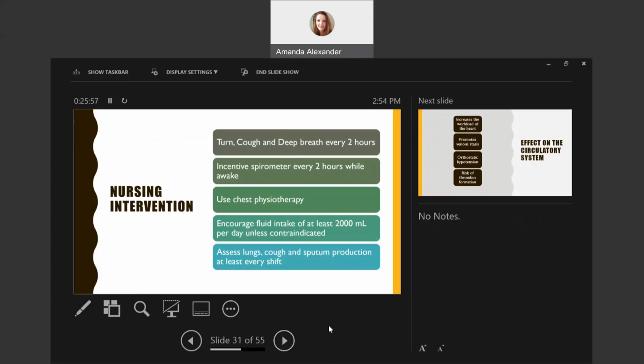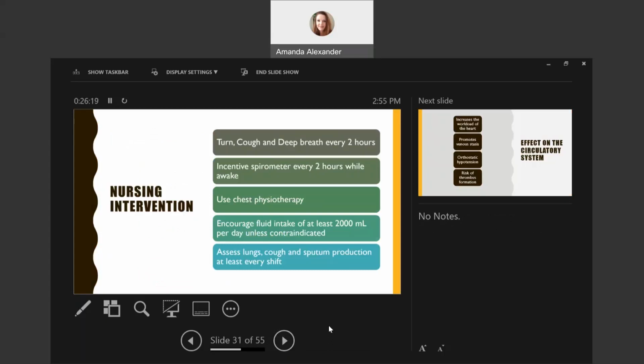Nursing interventions, remember to educate your patient to turn, cough, and deep breathe every 2 hours. Provide them an incentive spirometer and teach them how to use it. Use chest physiotherapy if it's necessary. You'll see this often used in a client that might have